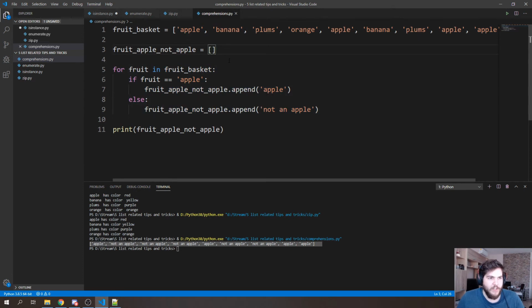So there's this thing called list comprehensions, and in a line of code we can define how the list should be built up from another list or some iterable object. So what we can do is basically say here for fruit in fruit basket,